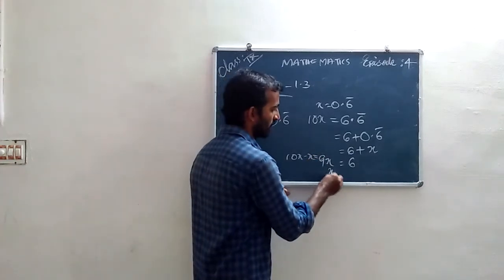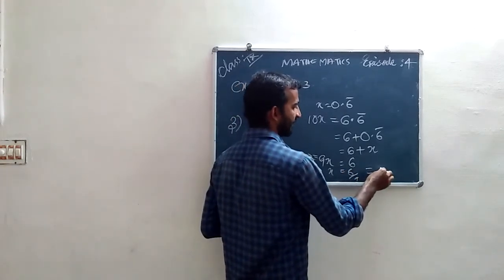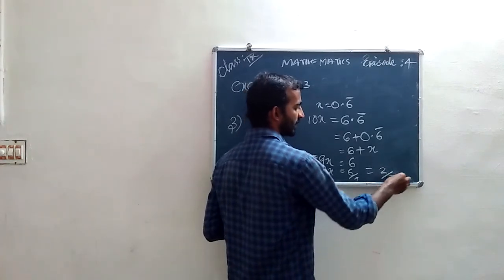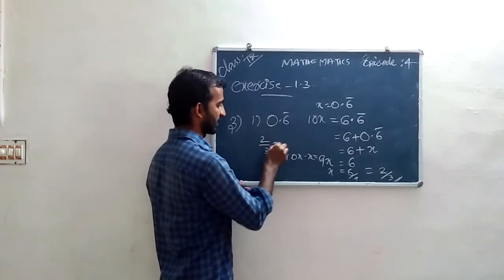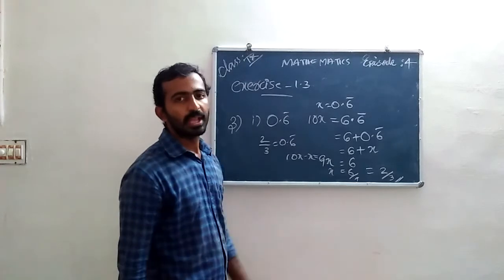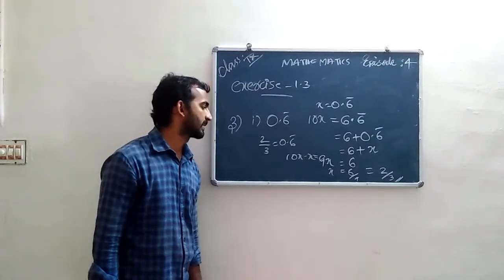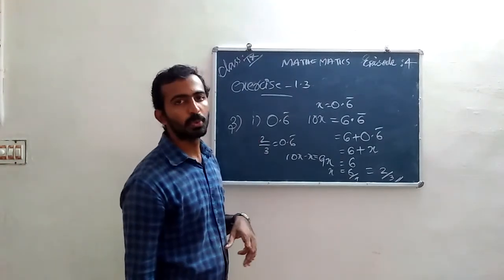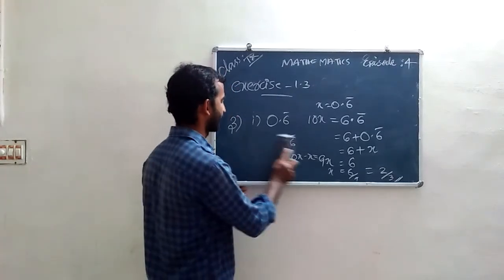That is x equal to 6 by 9. Three is common, so 2 by 3 is the answer. 2 by 3 is equal to 0.6 bar. That is 2 by 3 in the P by Q form. Here Q not equal to 0, that is 3 not equal to 0. Here 2 is the numerator and 3 is the denominator. And the next question is